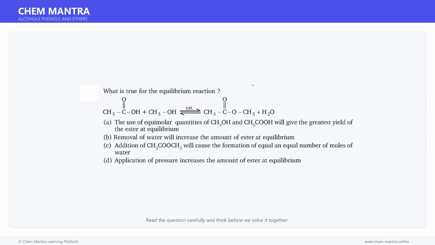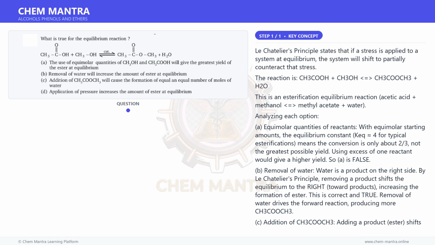Here is a question. Read it carefully and think about the answer. Let us solve it step by step. Let us first understand the key concept here. Le Chatelier's principle states that if a stress is applied to a system at equilibrium, the system will shift to